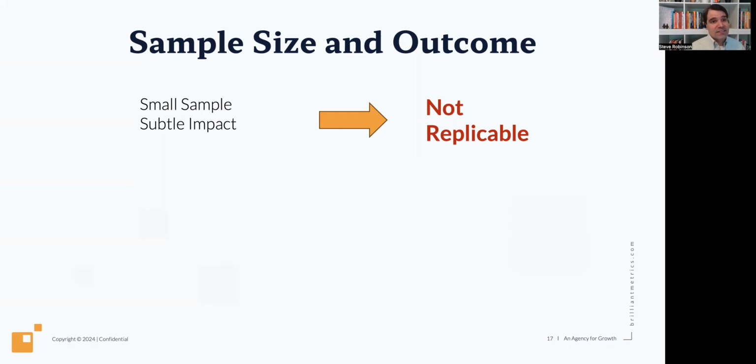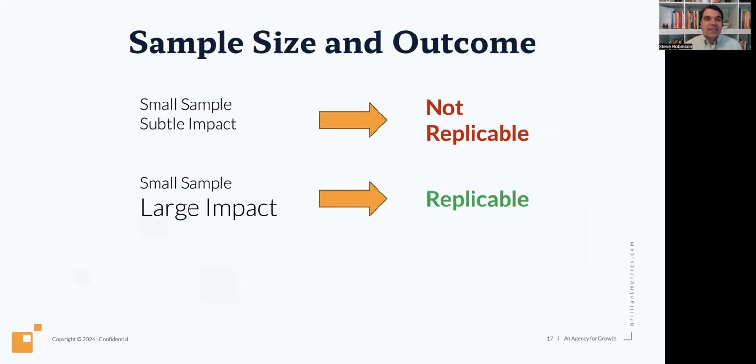Because when sample sizes are small and the impact is subtle, a lot of it just comes down to chance. You know, did people click on this and happen to be feeling happy that day? Did the 5 people who got version A versus the 5 people that got version B just happen to be people who were more motivated or more interested in your offer? The problem with small sample sizes is you don't really know,